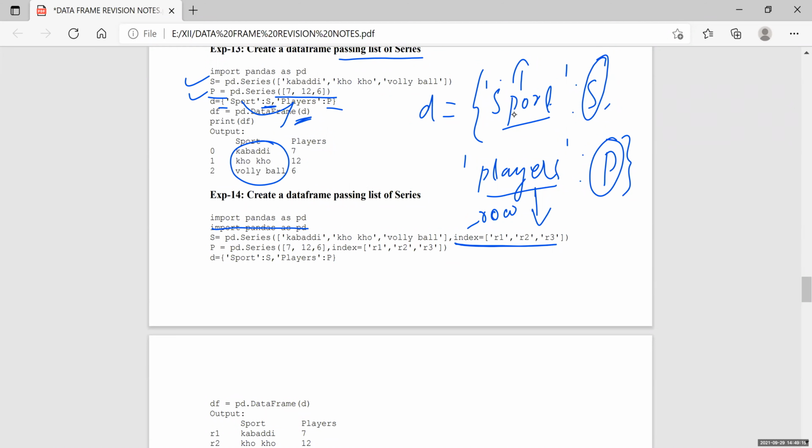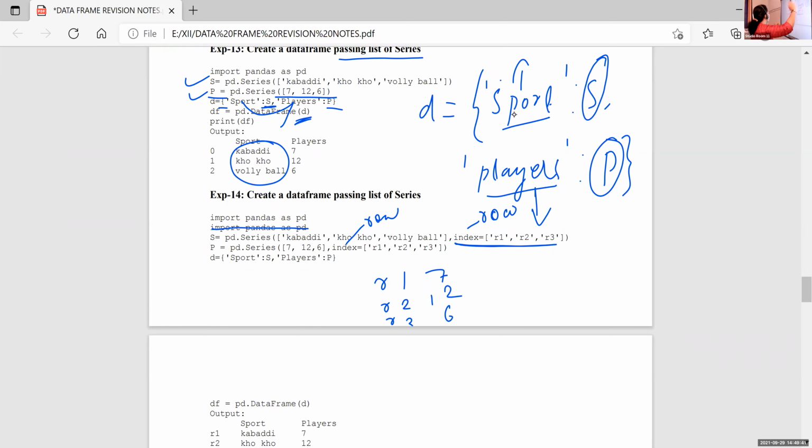Okay. So P is equal to pd dot Series 7, 12, 6, index is equal to, here also index means the row heading. So here the row headings are R1, R2, R3, and the values are 7, 12, and 6. Okay. So here we are using a list of series.